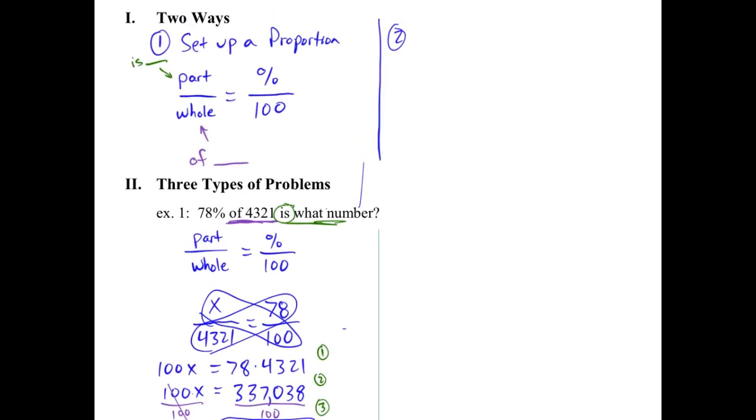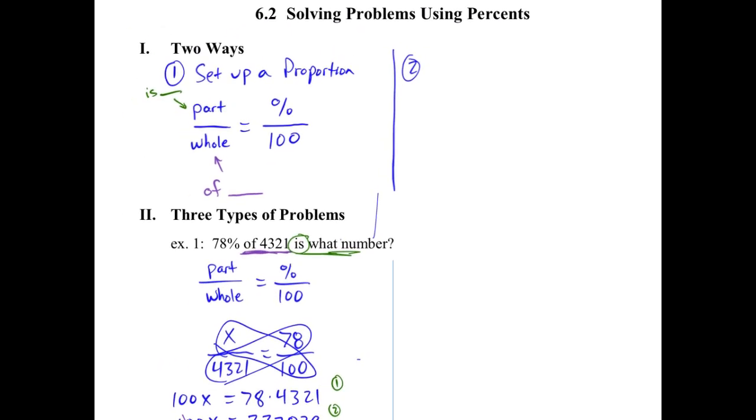So this other way is going to be a little bit shorter. I'd recommend you give this one a shot. Try to learn this one. So this new one, this is the equation I like. I'm going to say percent times the whole equals the part. So just like before, we still have the whole in there, we have the part in there, we have the